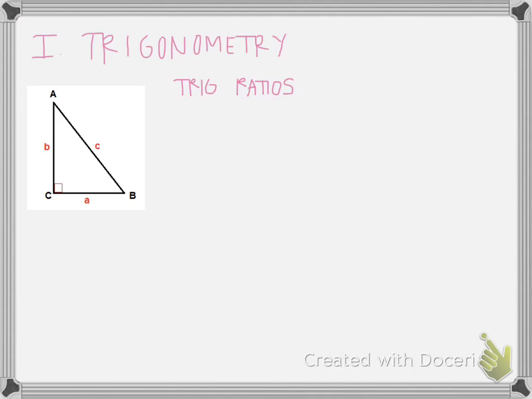Okay, so we can find trig ratios using our trig functions. And our first trig function is the sine function. On your calculator, you will see it shortened to SIN. Sine is the angle that you're looking at, so we're going to look at angle A right now. So we can say that sine of angle A is going to be